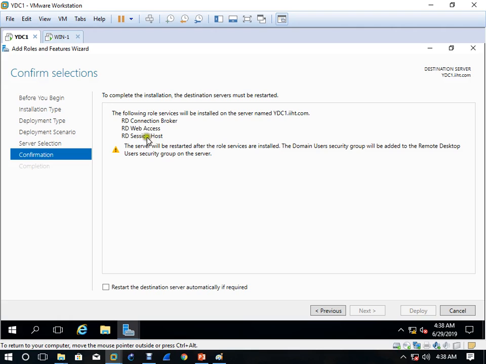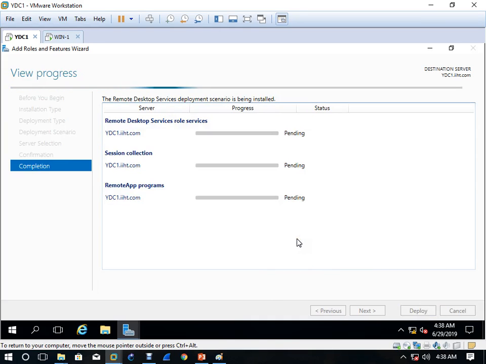All of it is related to connection. Now it says that the server will restart once the roles are installed. Click here. See this, if sometimes no option comes for next, you have to click here, then the option will come. Then click on deploy.